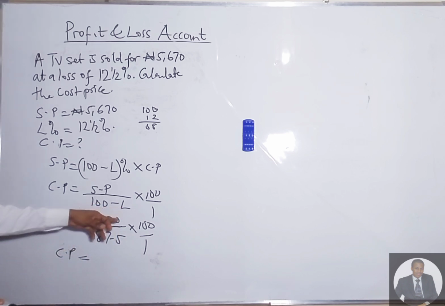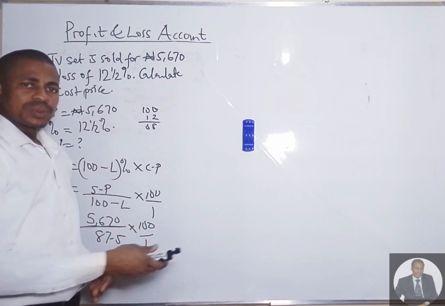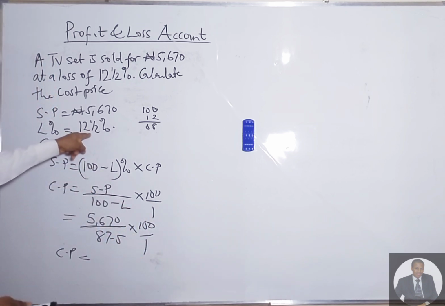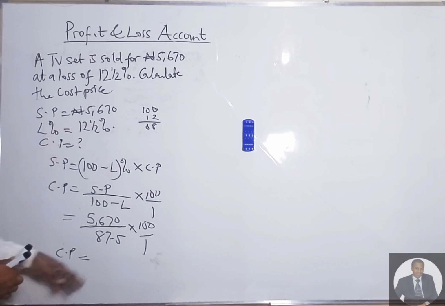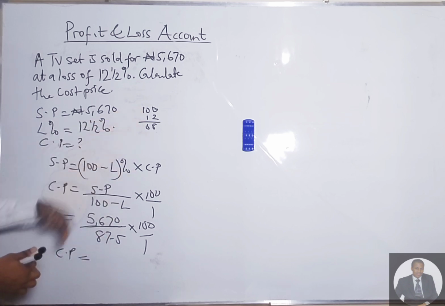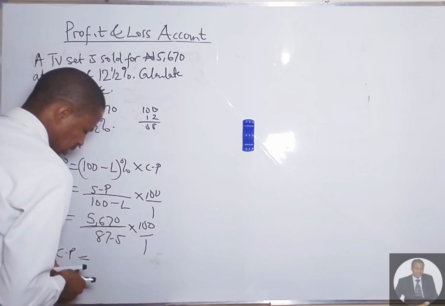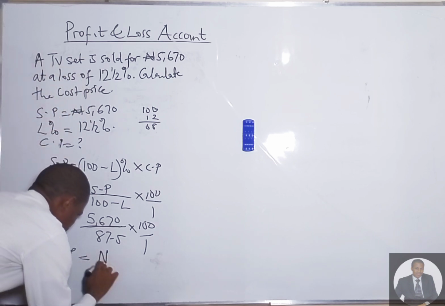100 minus loss is loss. So it has to be subtracted from 100%. So that will be 100 minus 12.5%. So when we take 12.5 away from 100, 100 minus 12.5, it gives us 87.5. That's 100 over 1. When we do our calculation, what we get will be